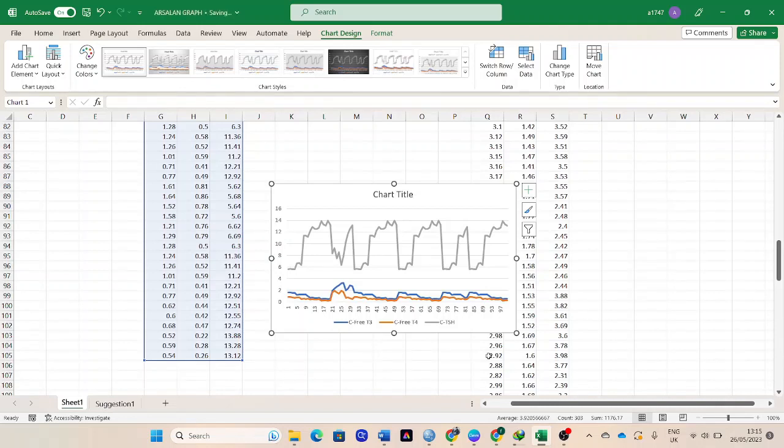Let's see how it gave the chart. This is the chart that is generated by the artificial intelligence incorporated into Excel. So we can also edit it